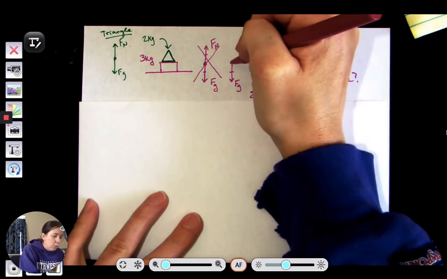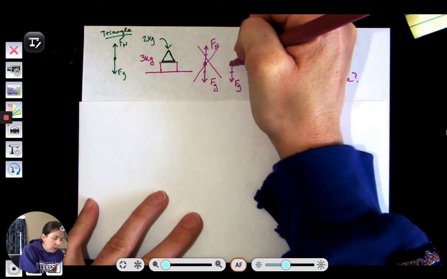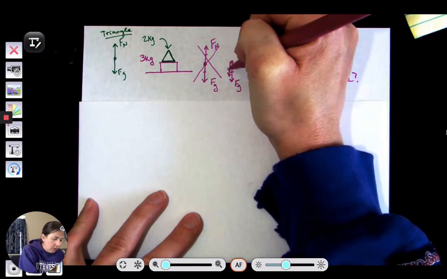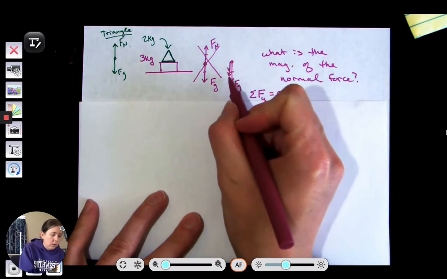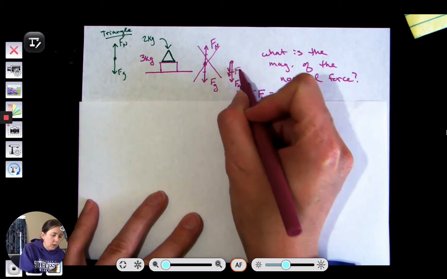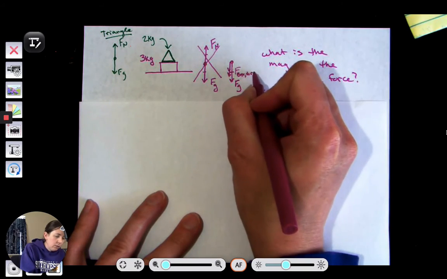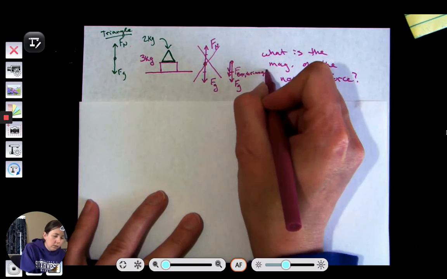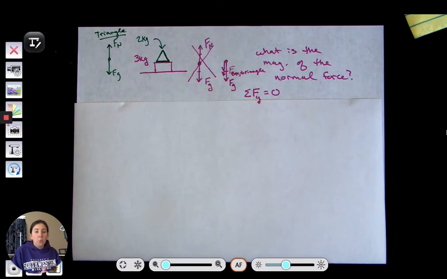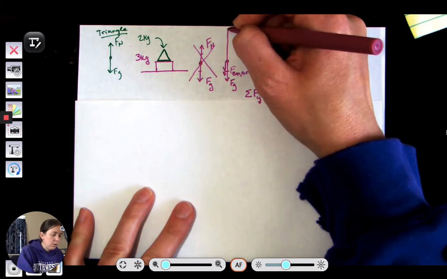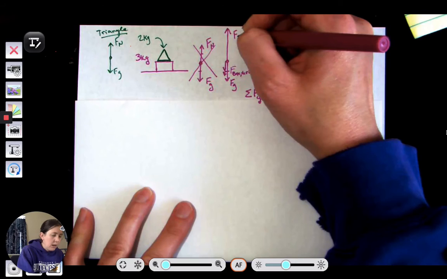And so we get another force downward. And this force here is going to be the force on the box by the triangle. And then we still have that normal force pointing upward. Now, how big is that normal force going to be? That's our question, right? And I drew it extra big